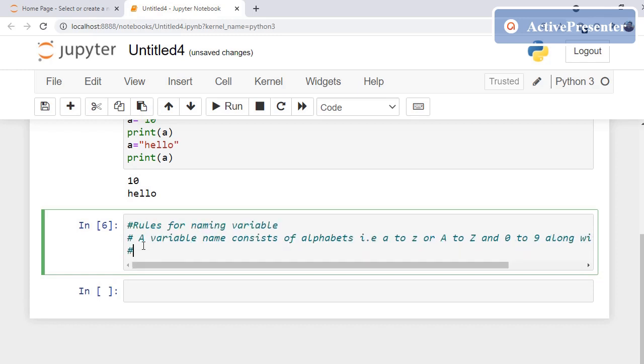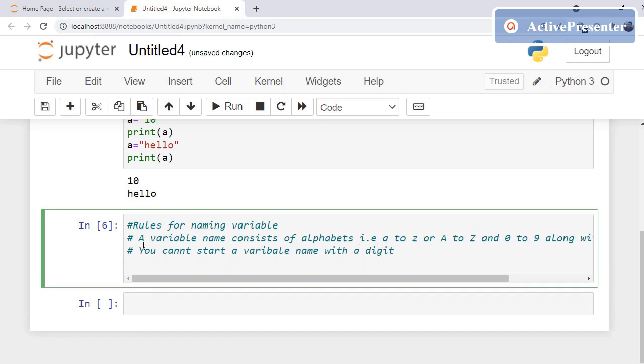Okay, these can be used as your variable names. The numbers 0 to 9 can be used in a variable, but you cannot start a variable name with a digit.